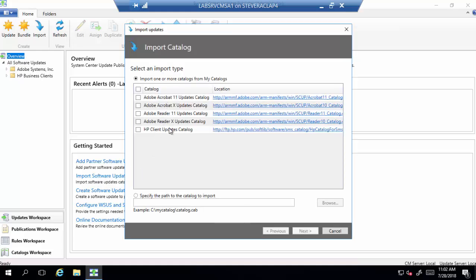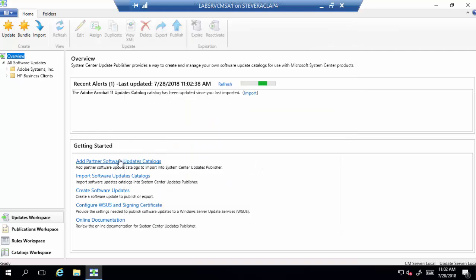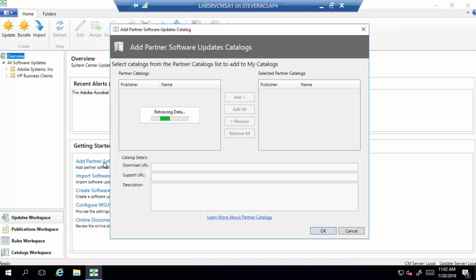You'll see the various catalogs that I have imported already. That's not actually subscribing to the catalogs. That's looking at what I've already got. So I clicked the wrong thing. Add partner software update catalog. So this will show all of the partners that currently publish their catalogs into